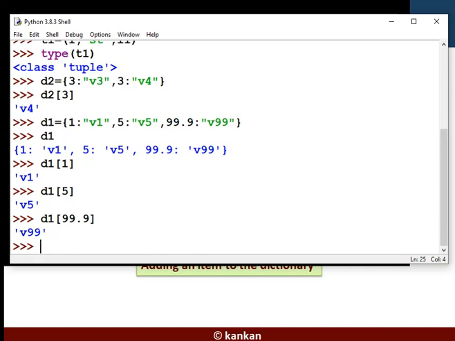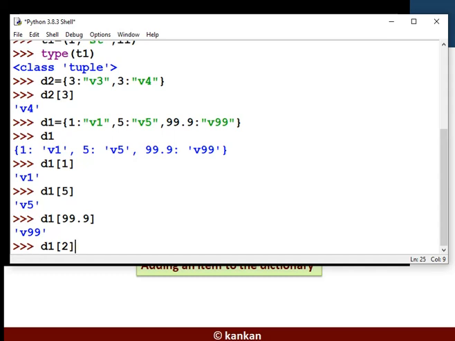In order to access the dictionary values, we use a square bracket along with the key. Now tell me, what happens if the key is not in the dictionary? Suppose I mention the key value 2, which is not present within the dictionary D1.